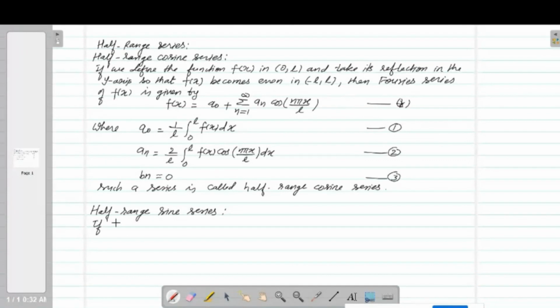If we define the function f of x in the interval 0 to L, okay, and take its reflection in the x-axis,